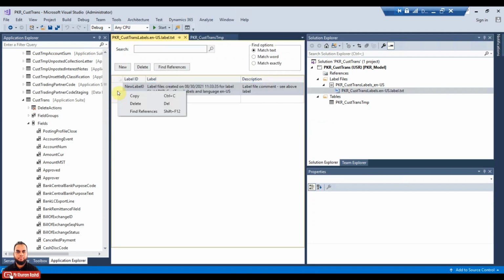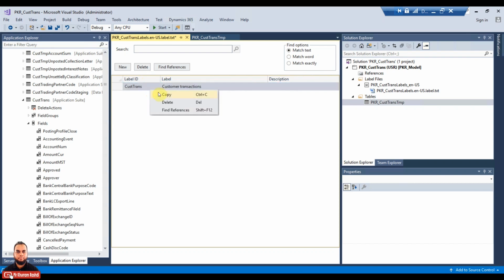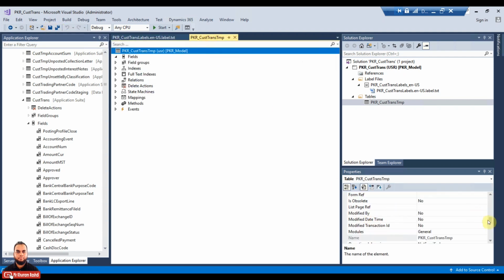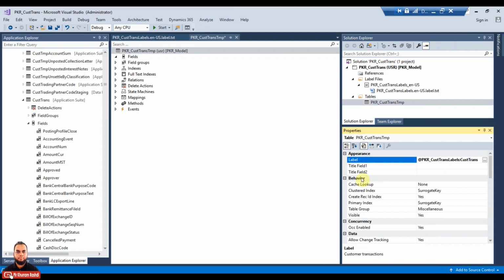So just delete the first label, no need of this label, and customer transactions, just trans. You can just copy this label, just save it, and just put in the temporary table label. Okay, after this, we just need to